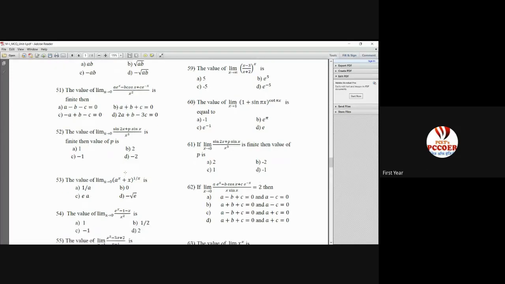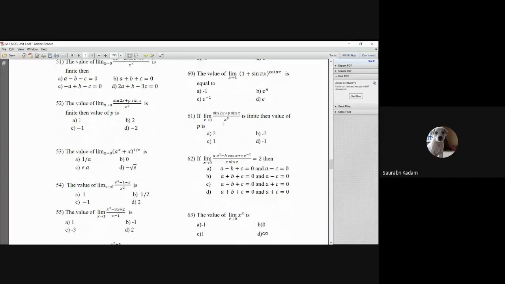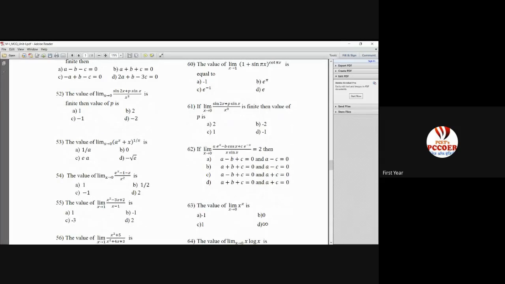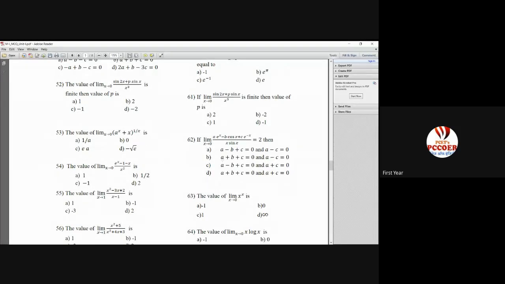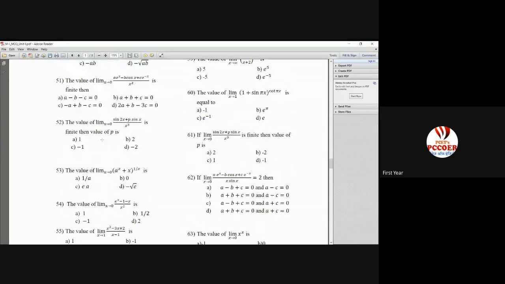Correct, understood? And they can also give two equations. For example, look at question number 62. They have given two options at a time, so the first equation is obviously the one which we have done. What is it? A minus b plus c, because here it is plus c. What you had told me in question number 51, you said a is the answer.